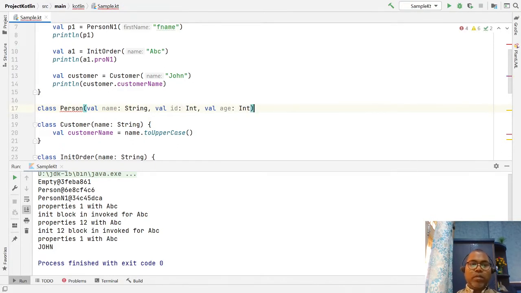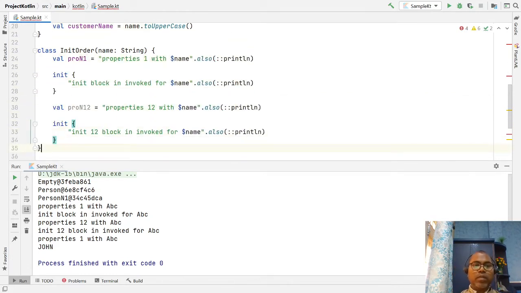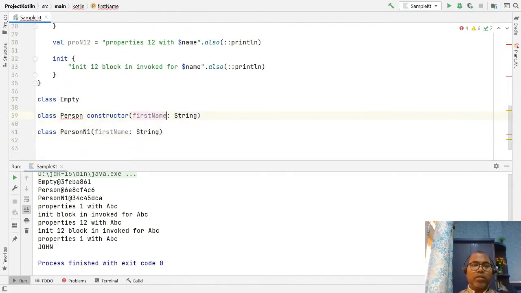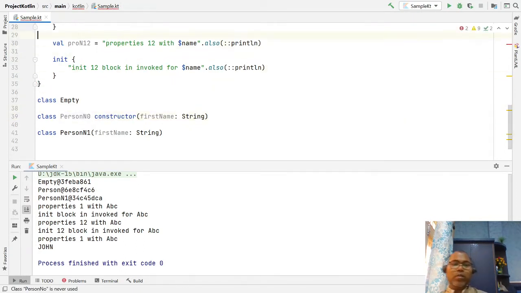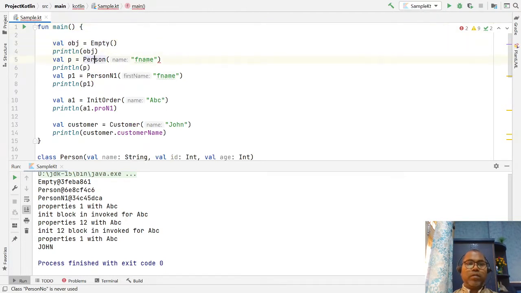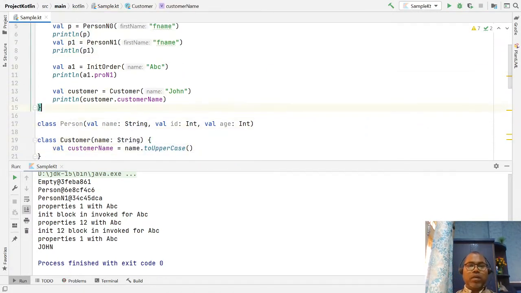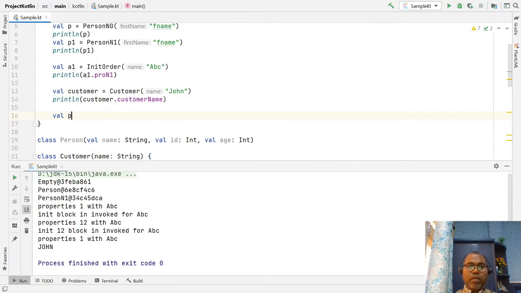Okay, so this Person class is already defined. Let's create a person. So you can write val p1 equal to Person.